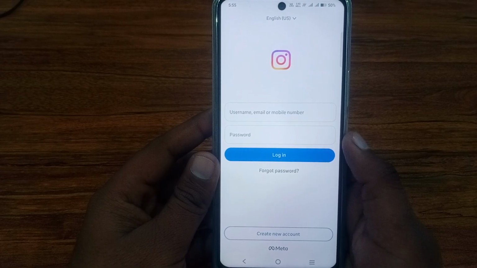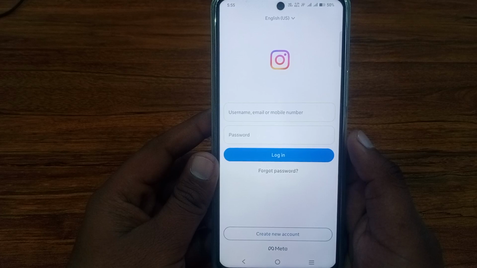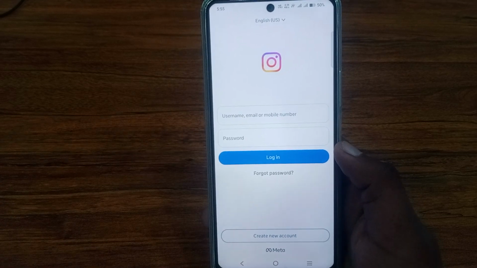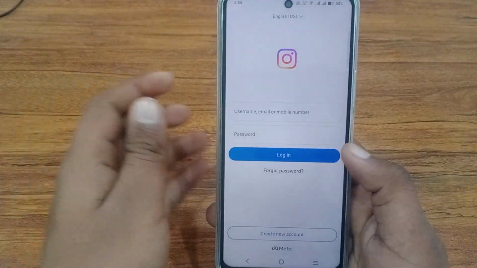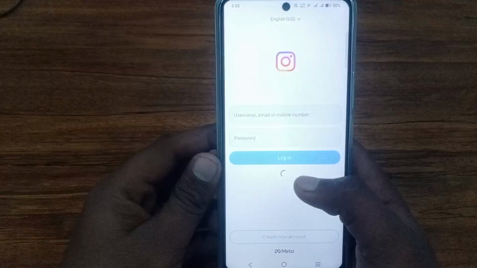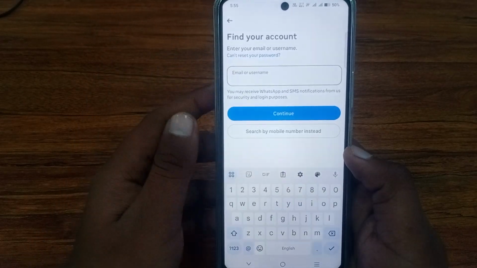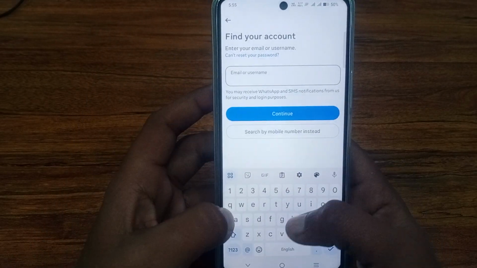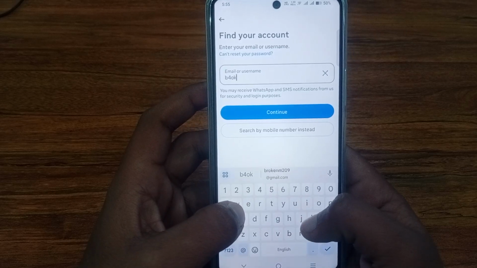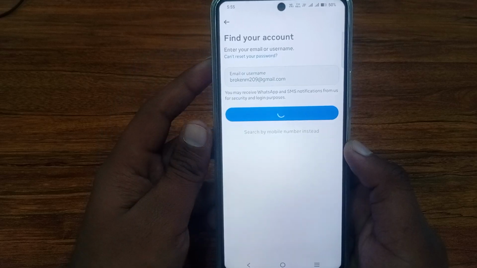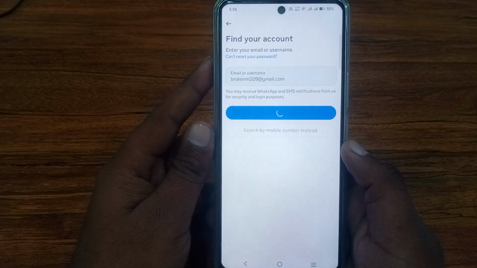So today I'll tell you how to reset your Instagram password if you forget it. You have to just click on forgotten password. Just click on it and here you have to enter your email address or username. So I am entering my email address. So just click on continue and here